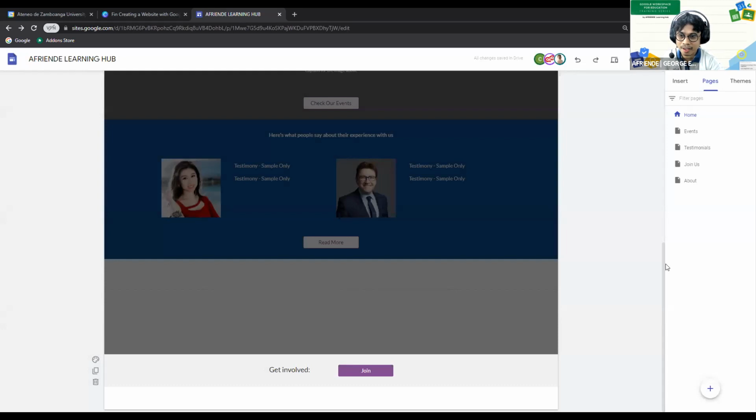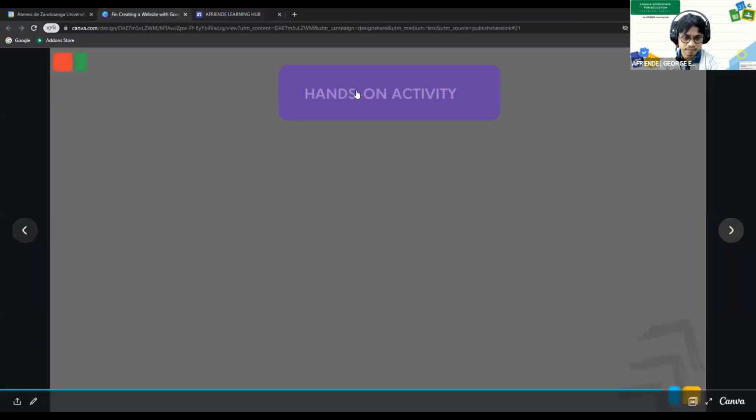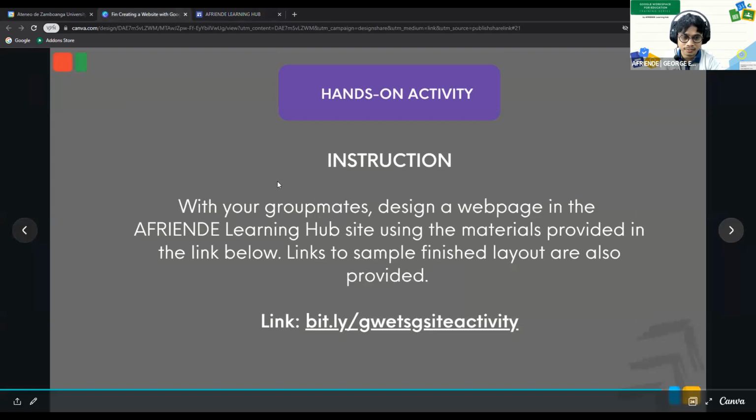This time, let me show you a sample site, the finished output. And to do that, all right, let's click on this first. So this is the complete, finished sample layout of our design. By the way, I haven't shown you yet how to change the header image. So to do that, guys, friends,